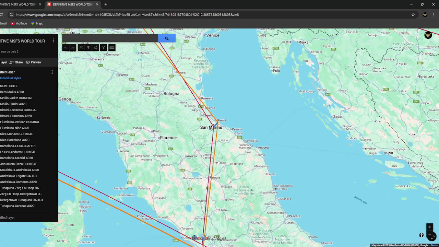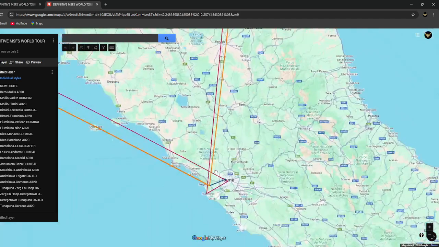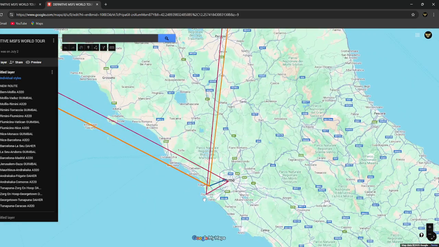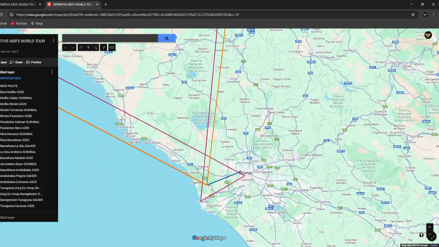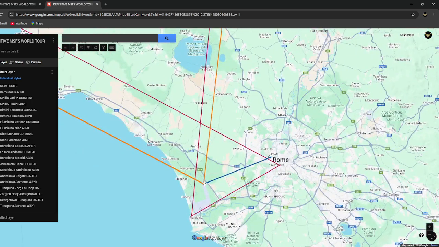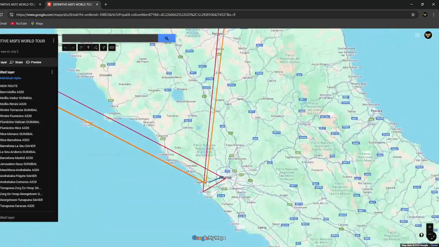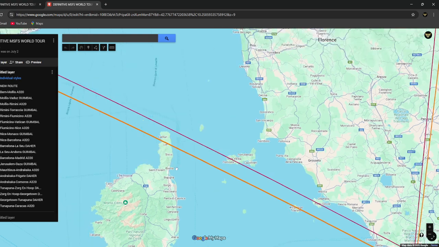So that's San Marino. We then have the Vatican City one. So we land in Fiumicino. That ticks off Italy. That's as near to Rome as we can get. And then to tick off Vatican City, we simply get the helicopter over to the Vatican City courtyard, land it in the courtyard, and then back we go to Fiumicino,